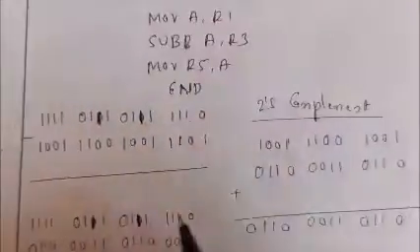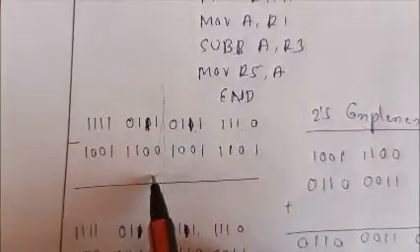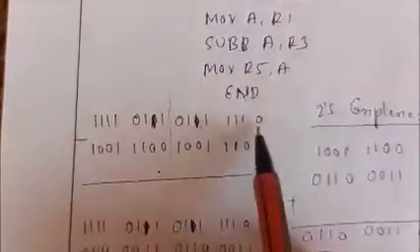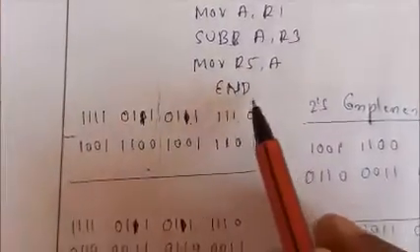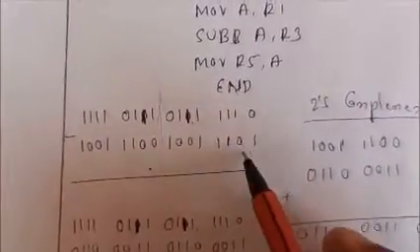For example, if I draw here, this is my lower byte and this is my higher byte. In the previous addition, a carry was generated from the lower byte to the higher byte. Here this is the lower byte itself. There is no other number from the right side. Your calculation starts from here, so I am not going to consider any carry here. I am going to start directly with the numbers.